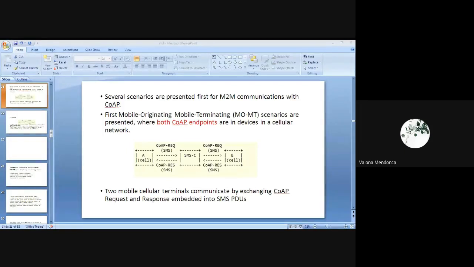I was just comparing CoAP with HTTP. Keep in mind, HTTP is the protocol used for the internet, which is not part of our study. We are studying the protocols used for IoT and M2M. While studying that, we came across CoAP.